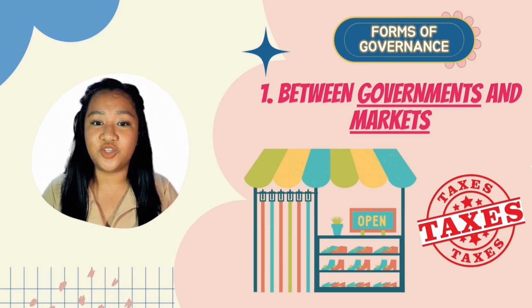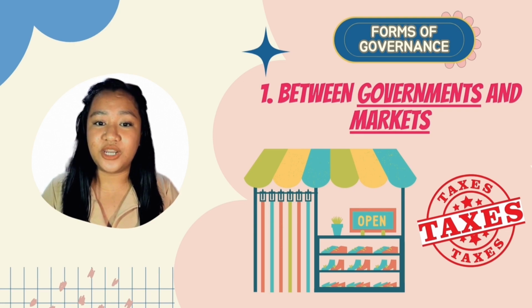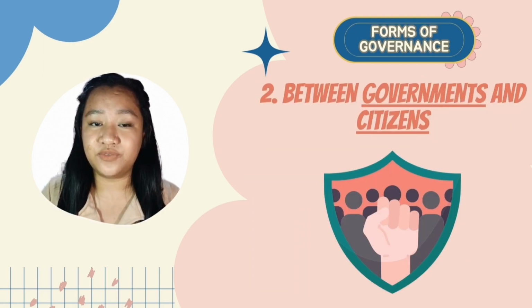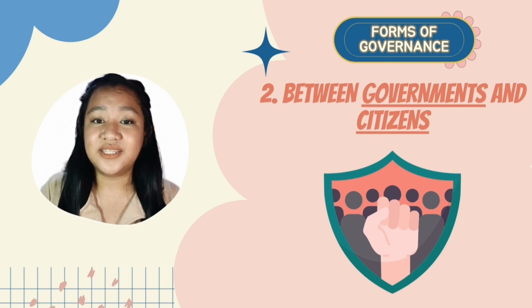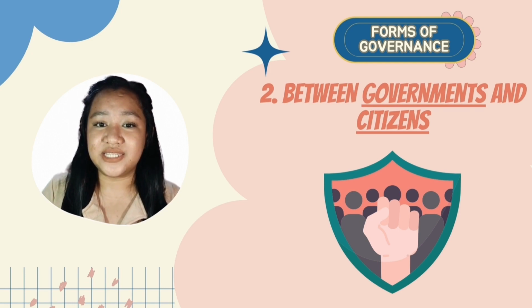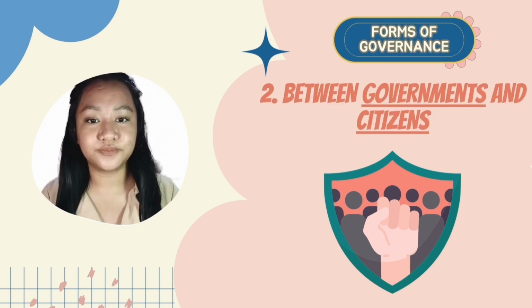And yung taxes na yun, yung ginagamit ng government para ma-fund yung mga regulation na ipapatupad nila or yung mga act na ipapa-implement nila. The second form is between government and citizen. The state allows and creates a society of peace and quiet to enjoy our lives free of the constant fear of death as the state quells instability and anarchy.